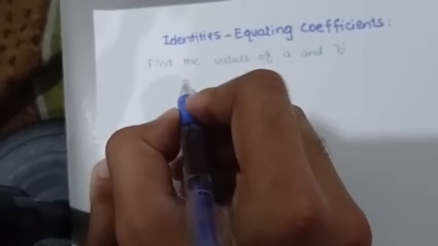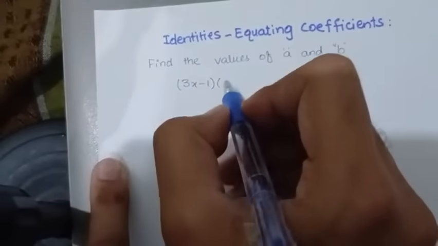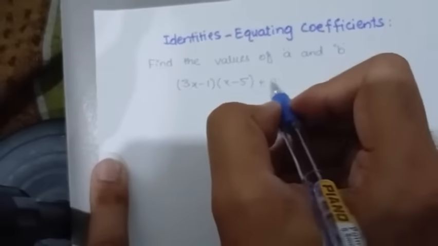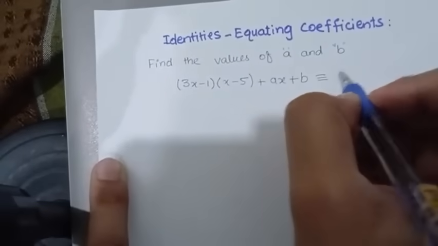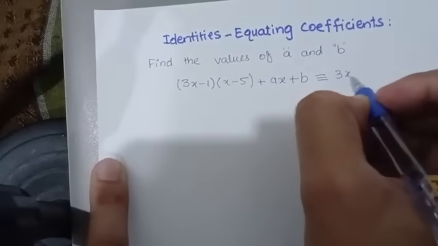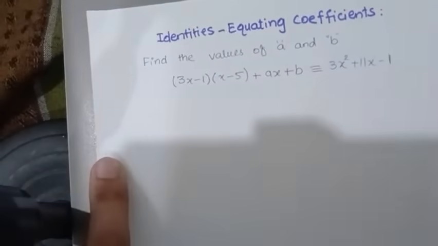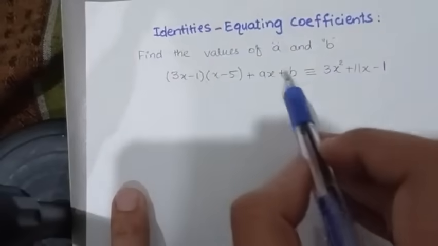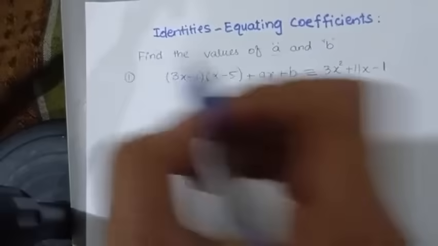We have (3x minus 1)(x minus 5) plus ax plus b, which is equal to 3x square plus 11x minus 1. This is the problem, and we will equate the coefficients and will find the values of A and B. So this is our first